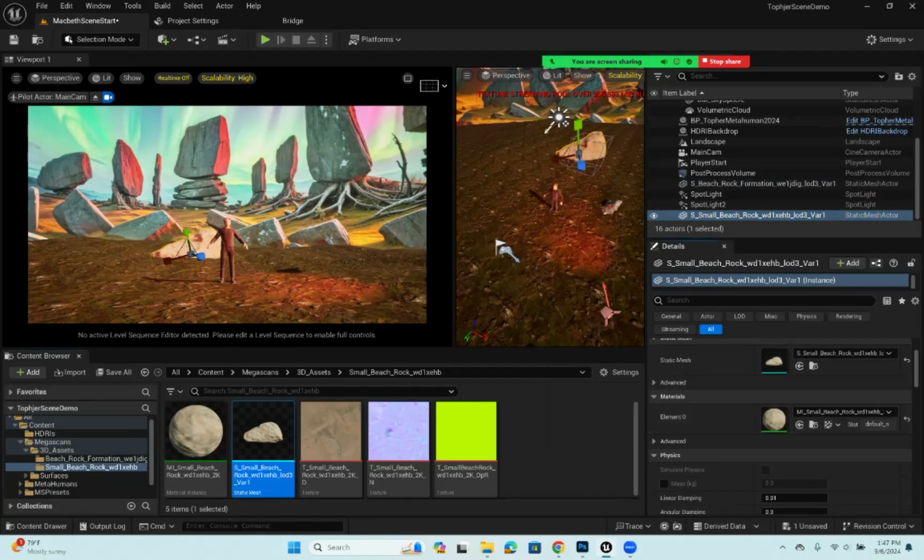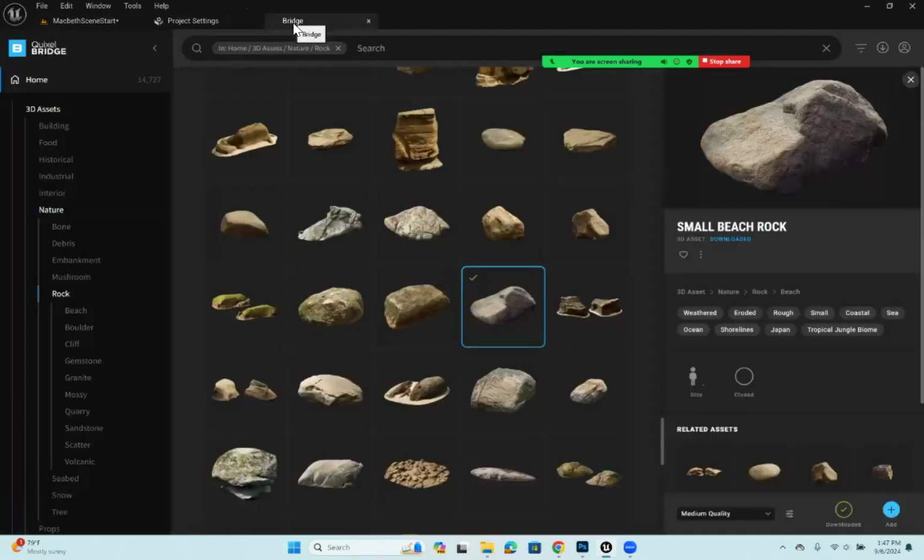We could put a different material on it. If we like the shape of it, we could try a different material. And so I could go back over to Bridge,